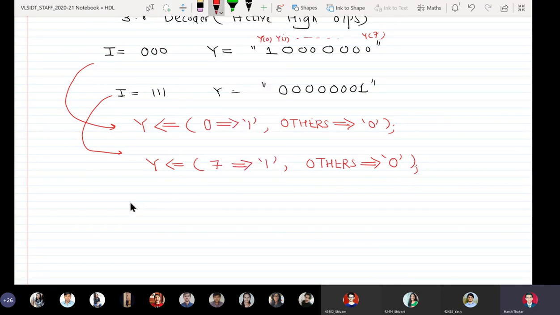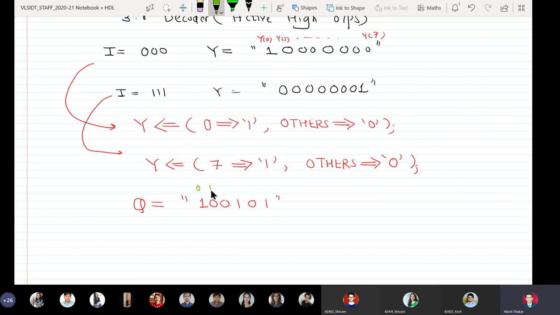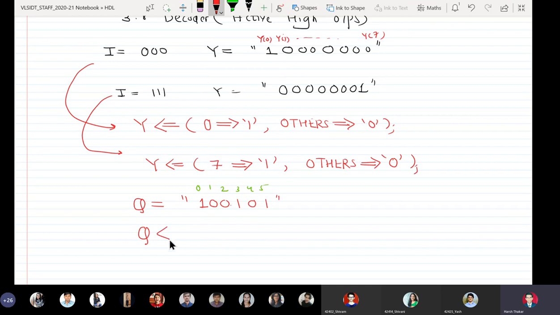Another classic example. Okay, if suppose there is some system whose output is like this, say Q. So if Q is equal to 1 0 0 1 0 1, like this. Okay, so suppose it is 6 bits. So these are the bits bit 0, 1, 2, 3, 4, 5. So I can write down Q is assigned 1 is assigned 1.